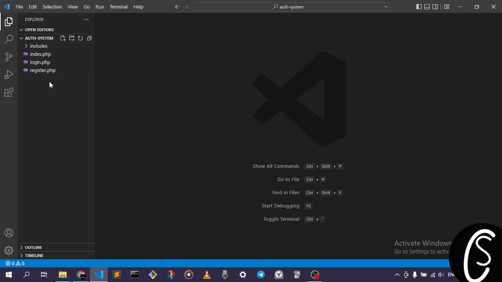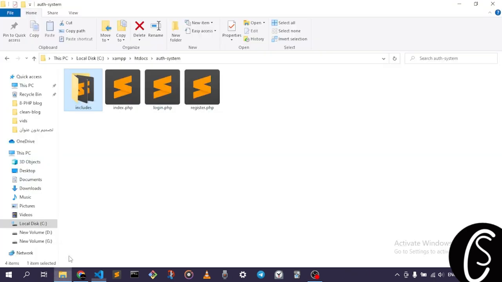So we have 3 files down over here. Actually, we have them in the htdocs. Just go ahead and create a folder inside the htdocs, or yeah, you can actually take them right away, but you are going to create a folder and put these inside this folder, auth-system. All right, so